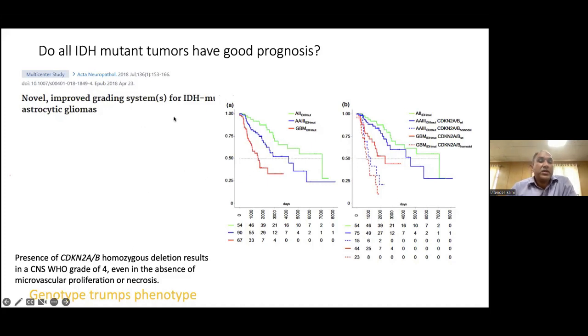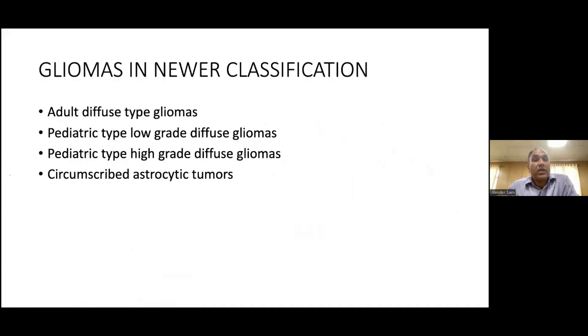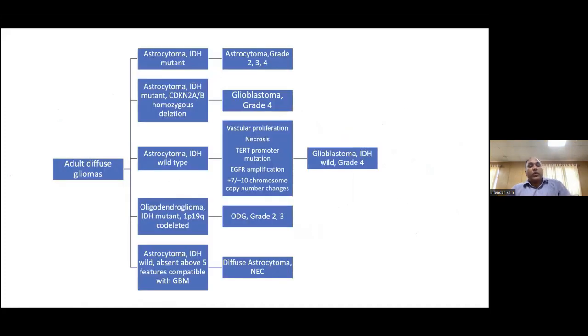So more information is coming, and we are able to understand the reasons why certain tumors are not behaving as we expect them to. So coming to various tumors, now we understand the adult diffuse gliomas, which are the most common primary parenchymal tumors, are predominantly astrocytomas,